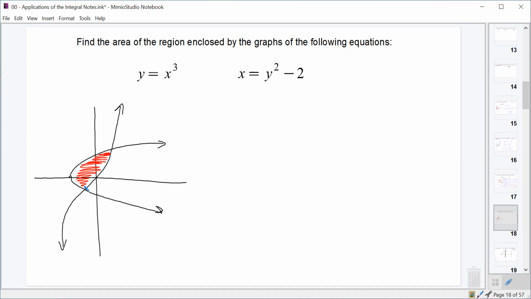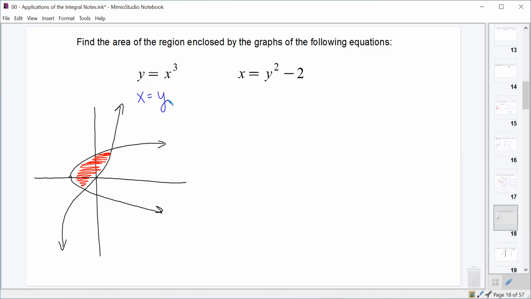And we have to think then, do we want to do this in terms of x, or do we want to do this in terms of y? The reason we don't want to do it in terms of x is because there are some x values within this region where the upper bound and the lower bound are that parabola, which means when we solve, we've got to deal with a positive and a negative square root, and it becomes a bit of a hassle. But for every y value going through this region, the rightmost function is always the cubic, and the leftmost function is always the parabola. So we're going to do this in terms of y,